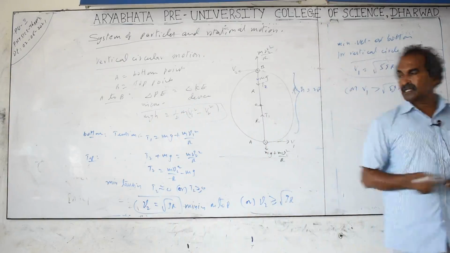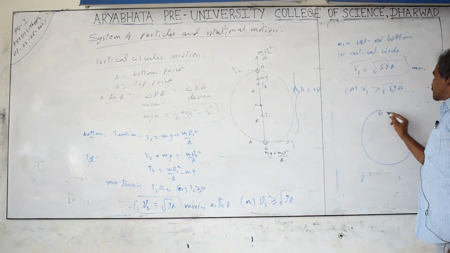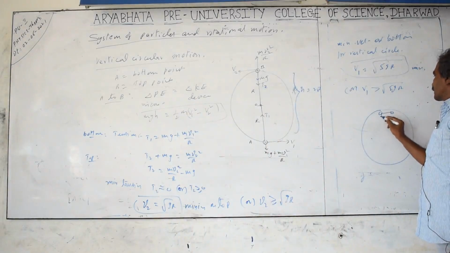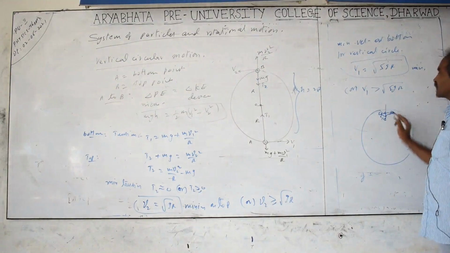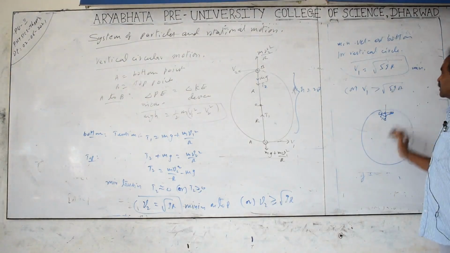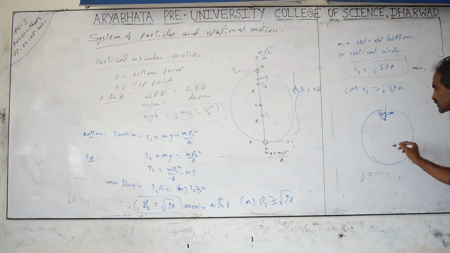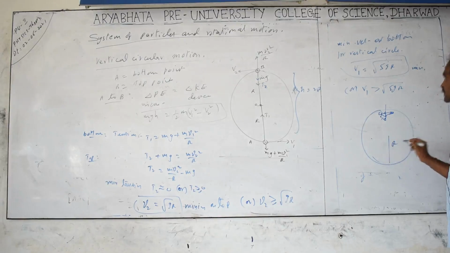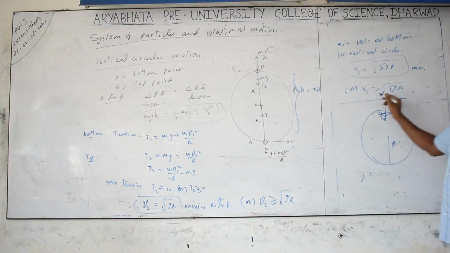The motorcyclist moving in the circular globe, when reaching the topmost point, is in reversed direction. The person will be standing reversed. He won't fall down because of the centrifugal force pushing him away from the center. For completion of this vertical circular motion, they take turns at the bottom to have enough velocity depending on the radius. These velocities are independent of the mass. At the bottommost point, the velocity required is root of 5gR, depending on the radius. Less radius, less velocity is sufficient, but more radius means more velocity required.